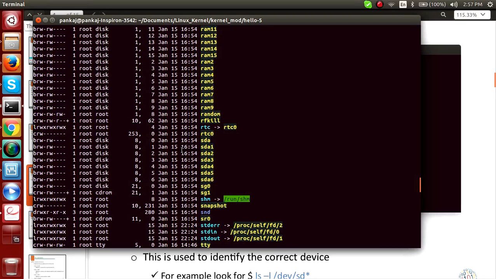Now you can understand that a particular major number means there is one driver. If you want to write something to the disk, the major number identifies which driver is going to be used, and the minor number defines which device to write to. There is only one instance of the driver for all the SD devices, but the partition could be different for your different writes.